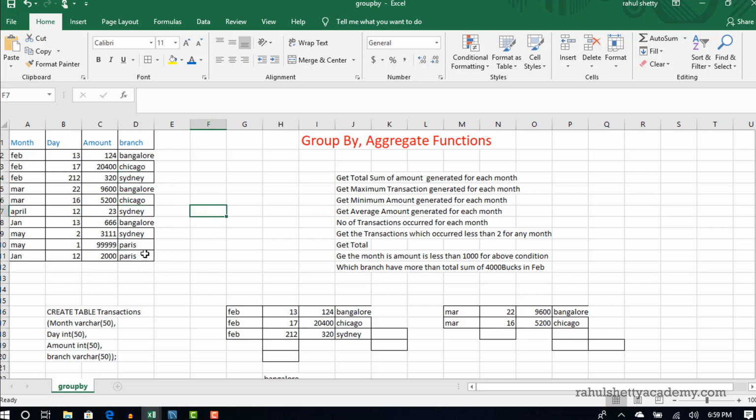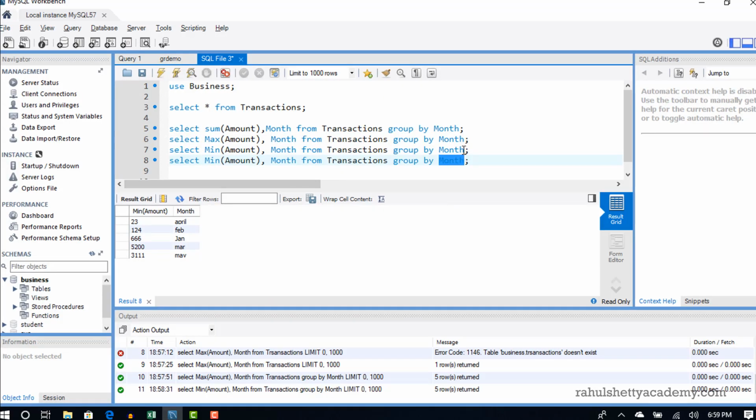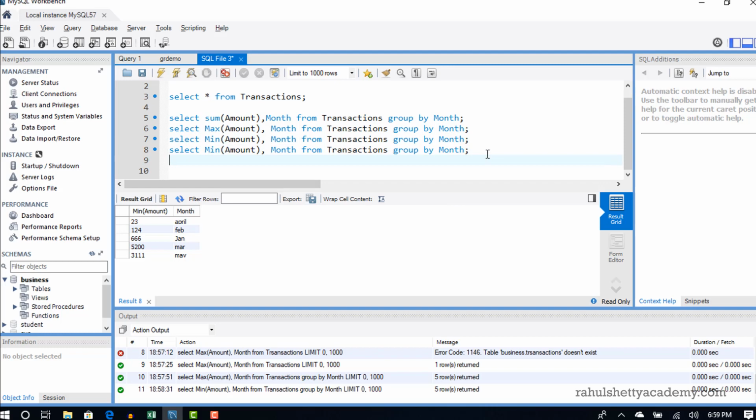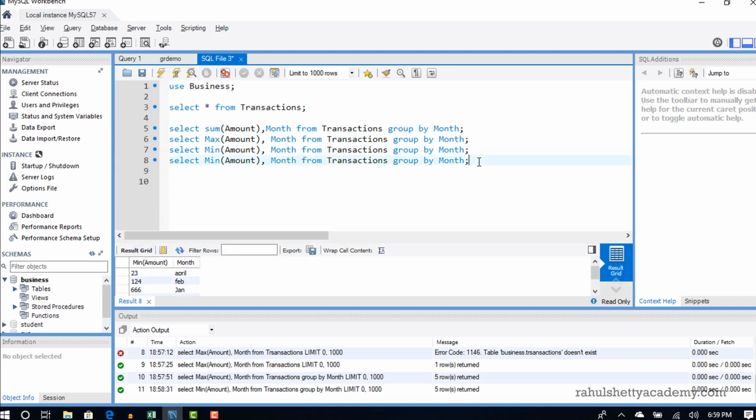So in Paris, 2000 is the minimum amount in which a transaction happened, right? In Bangalore, 124 is the minimum amount. So till now we have seen monthly what is the minimum. Now if you have a query that I want to know branch wise, then what do you do?